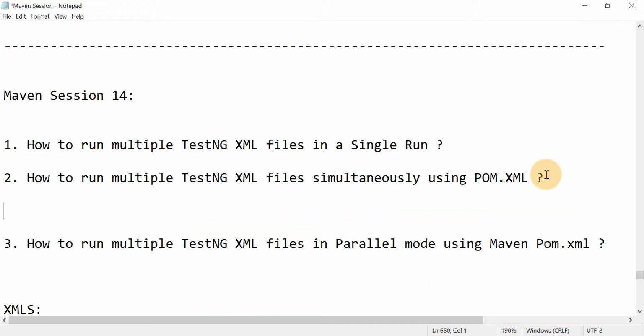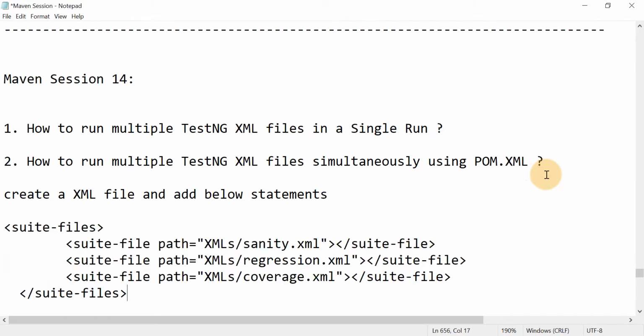To do this, what we have to do is create an XML file and add the below statement. Here we need to add suite files and whatever XML files path. Provide the fully qualified path. If you added your XMLs under some XML folder, then you need to provide that folder name also here,